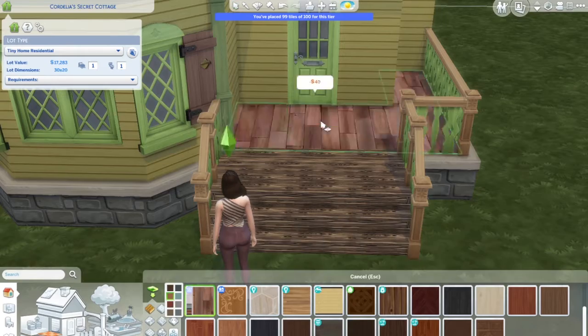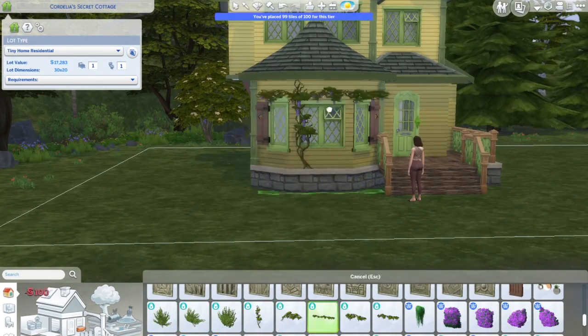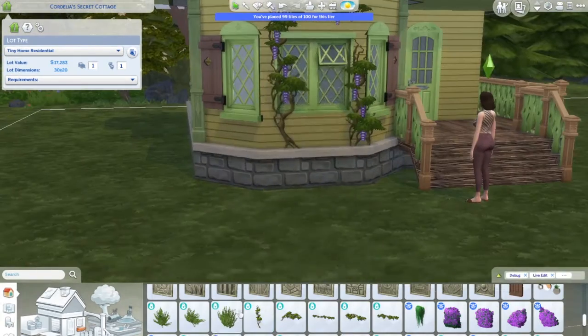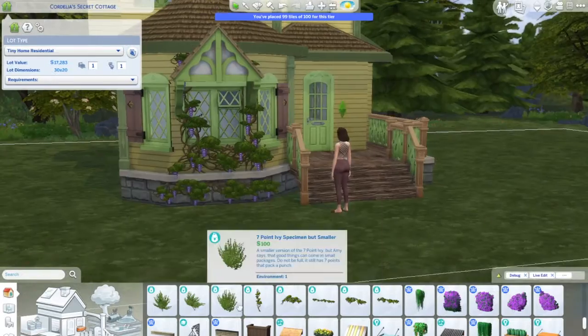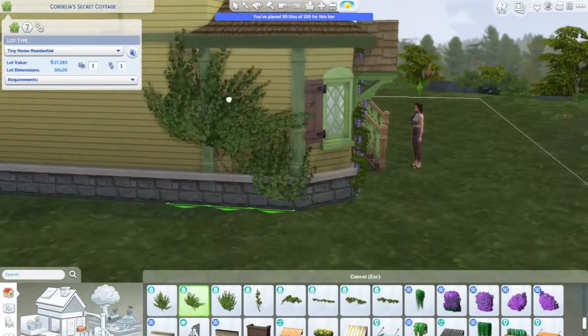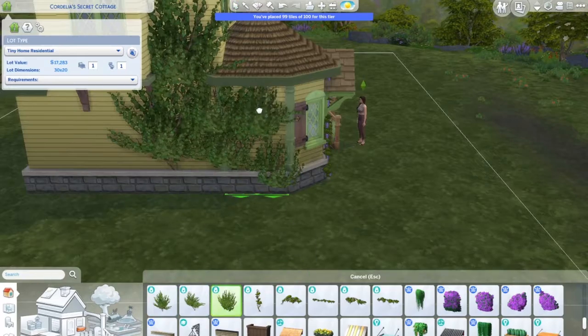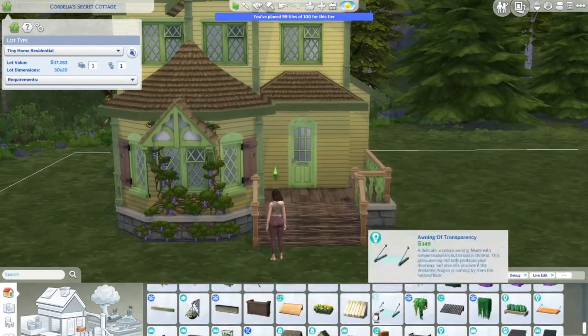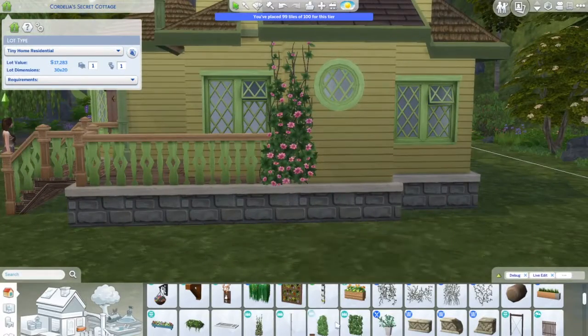It adds such an element of realism to The Sims, which I always enjoy, as long as it's not too real. Because I mean, you know, I want to be able to go to space, and build a rocket in my backyard. And that's not real. So anyway,